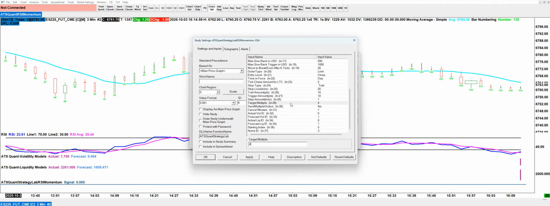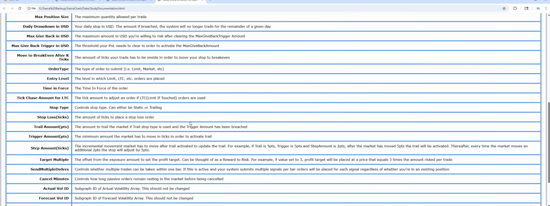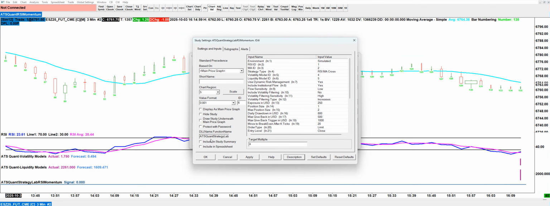And if at any point in time you want to confirm your understanding of what each of these parameters mean, you can simply click on description here. That will populate this window in your browser, and you can see the study description and a description of all the different inputs. So let's go back, click OK,